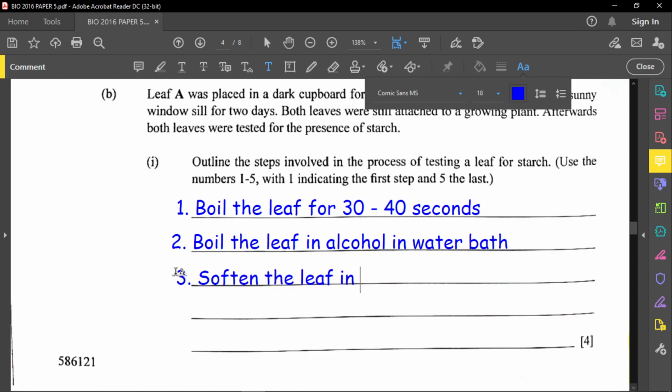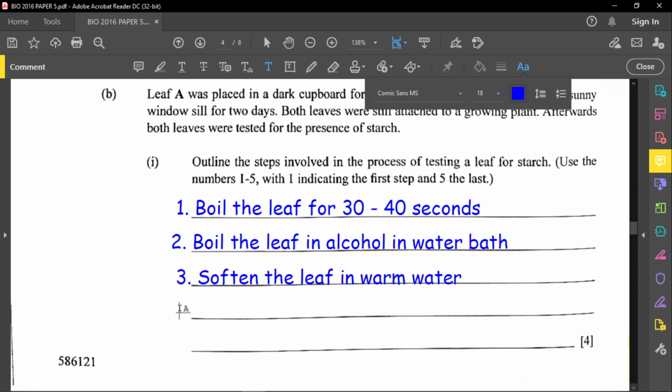In warm water. So you're going to place it in warm water again to get the leaf softened, because once it's boiled in alcohol, the leaf will be very stiff. And you also need to know the reason why you have done this. The alcohol will take away the chlorophyll; boiling the leaf first is to make it permeable and the membrane soft. You make the leaf soft again, so it can be penetrated